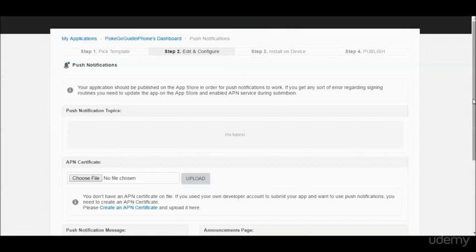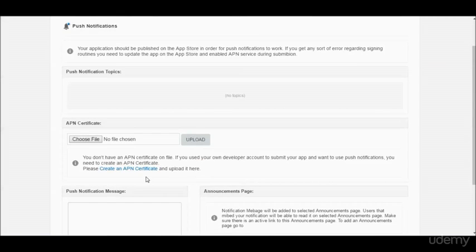Okay, and you can see that there's one thing we need to do before we can send a push notification, and that's creating an APN certificate. This certificate is done through your Apple developer account profile. So if you don't have an Apple profile, you can't send this, obviously, and you need to have your app published in Apple for them to find the app to create a certificate for it. And all the certificate is, it's like an API, access to an API. So if you do any Apple Pay, in-app purchasing, push notifications, anything with Apple Wallet,